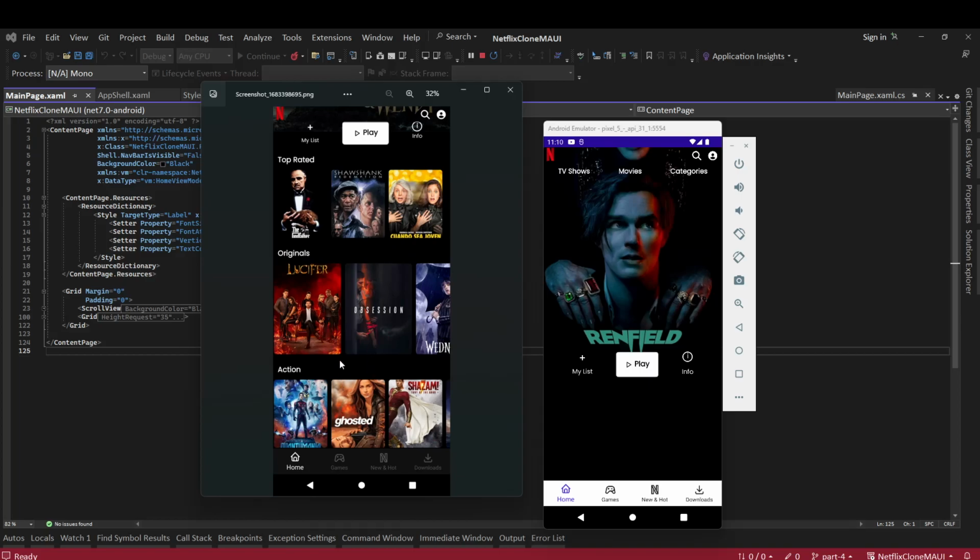If you see in this image, for top rated and action, the width of these thumbnails is smaller, and for the originals section the width is slightly bigger. So we are going to design these. The originals are going to be large and these are going to be normal small. So let's